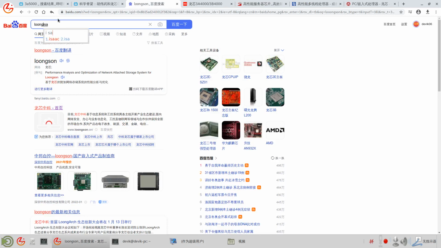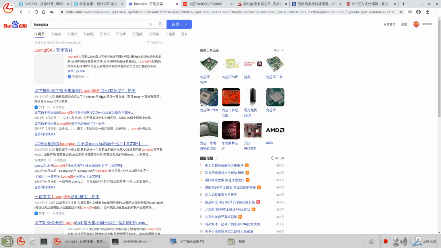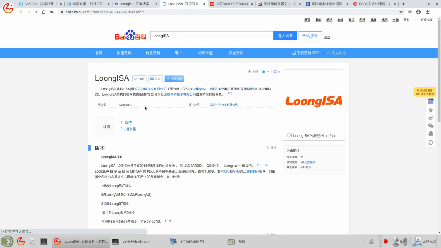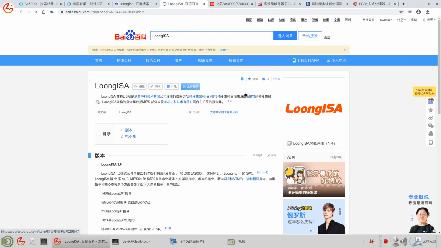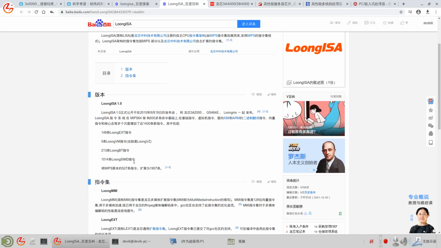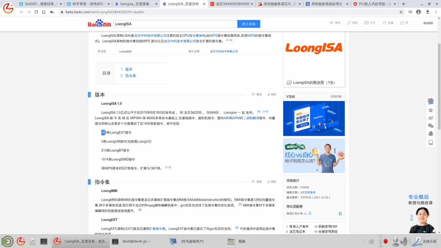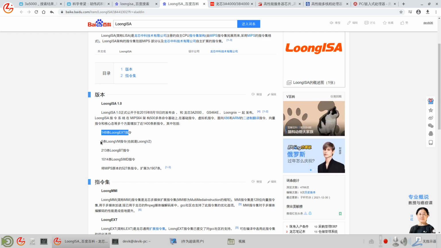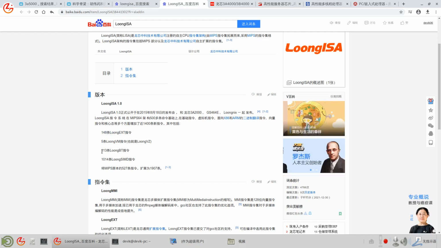This is the LoongISA, compatible with MIPS. Why do they call it like this? Because they have added 148 LoongX instructions, 5 instructions of LoongVM, 213 LoongBT, and more than 1000 LoongSIMD.